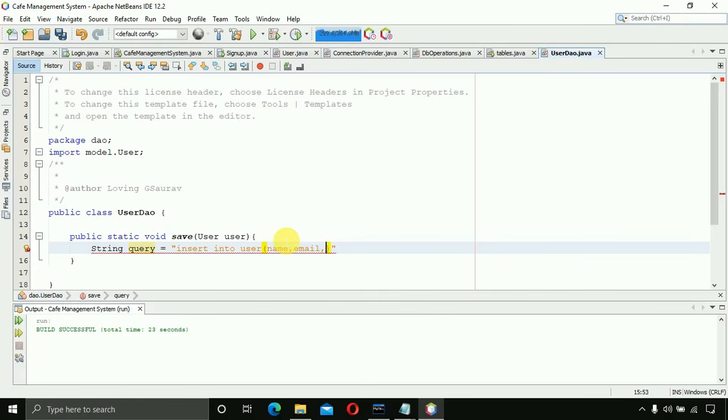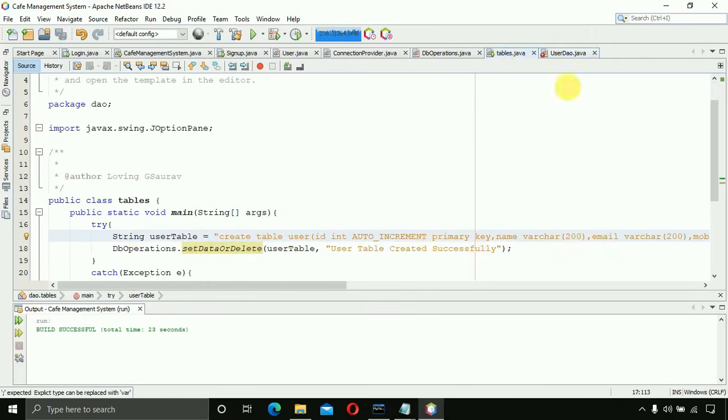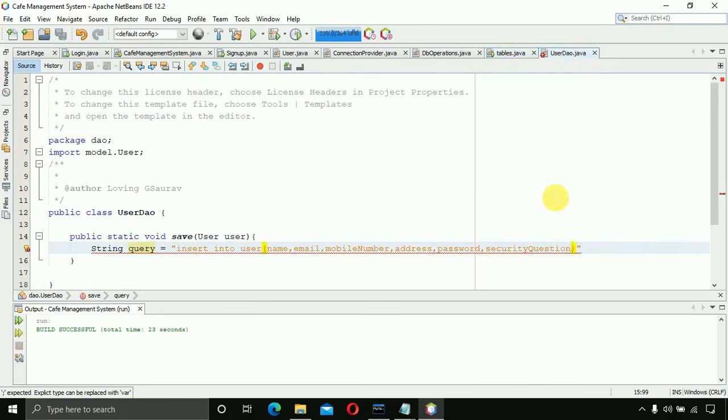So name, email, mobile number, address, after address password, after password security question. This name should be exactly the same as this one, otherwise you may get some error. Answer